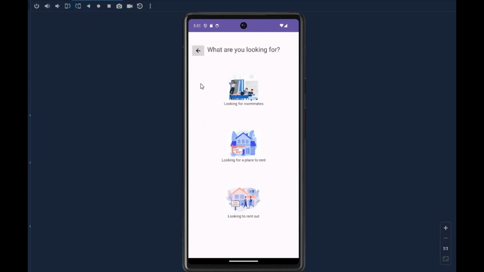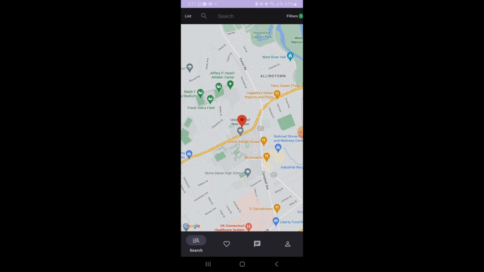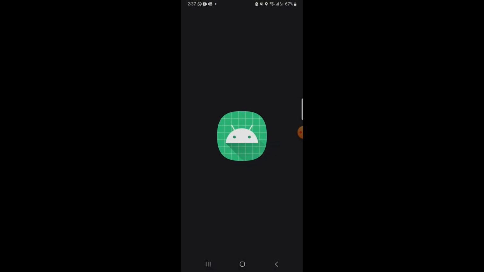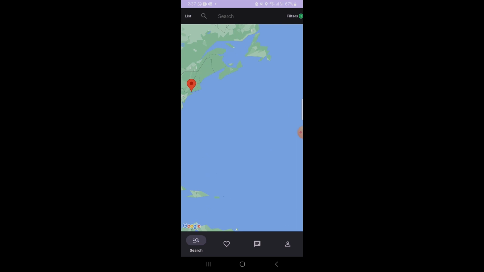And then if you go back, so if you are looking for a place to rent, you can click on this button and you can see listing of all apartments. Navigate to the main activities. And these intro slides are only introduced when the app is launched for the first time. So if I were to destroy this current session and launch the app again, we will directly be navigated to